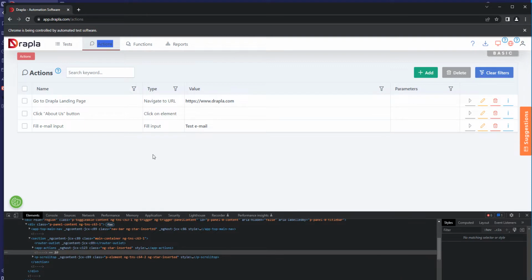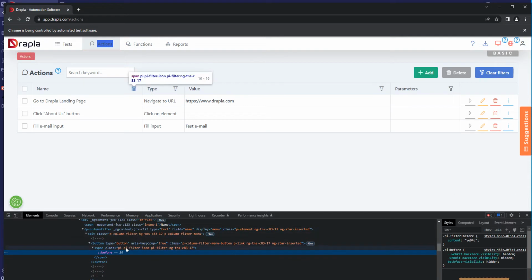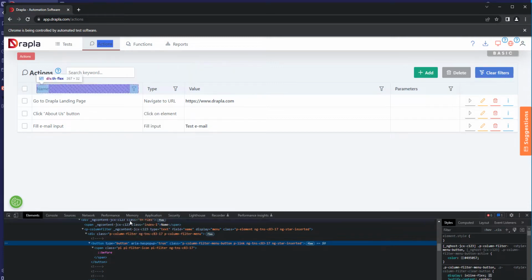It's not good practice, but I want to show you in this video how it can look. So we can inspect that element, and we can just press the right mouse button. Then we can use copy and copy XPath or full XPath. In that case, let's assume that we will copy the full XPath.